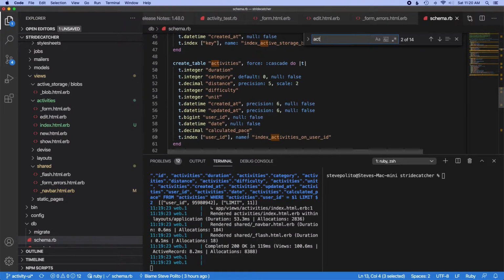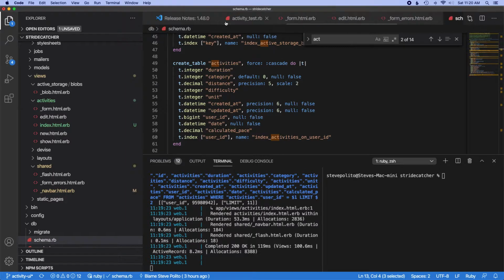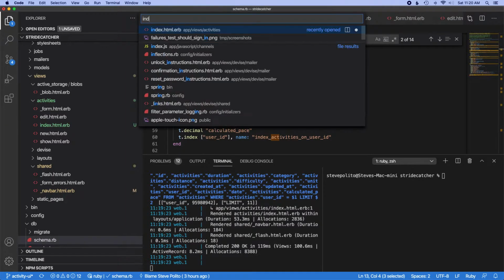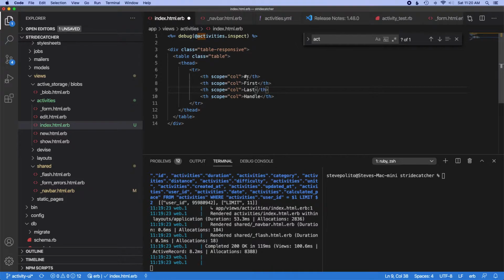We have duration, category, distance, calculated pace. So what should we show in the index, which I have too many files open here. Let me get these. So let's just do date, category, duration, distance,